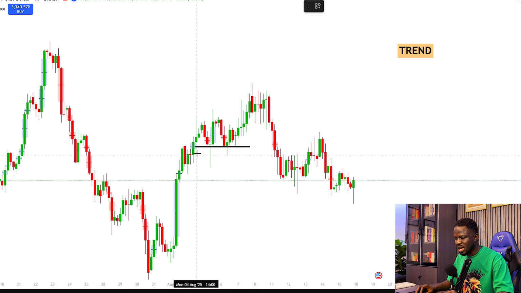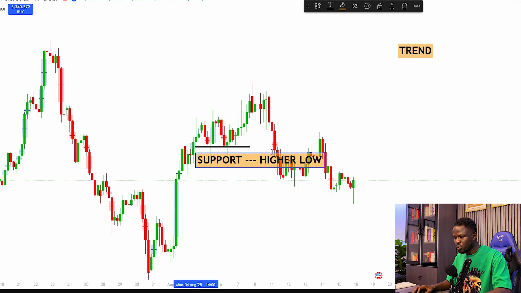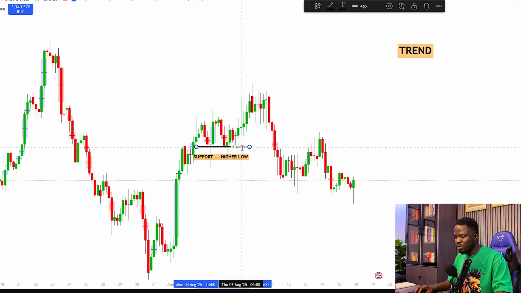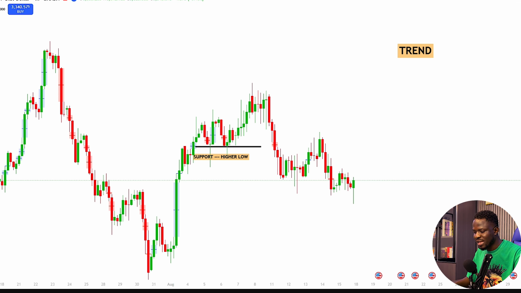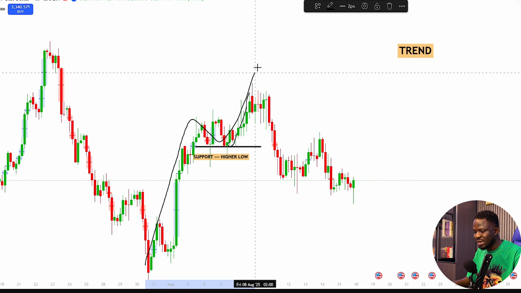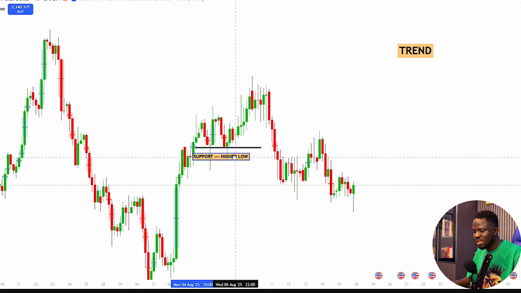Let me write it out. Support zone. You can also refer to it as higher low. Now, when the price action created this higher low here, the major support, the price bought, right? And at the end of this bullish market, price created a pattern that represents the presence of